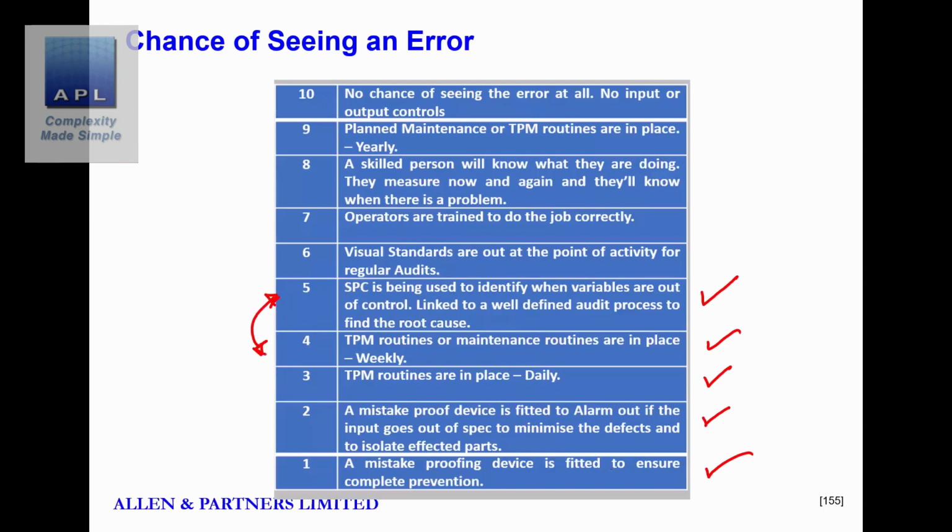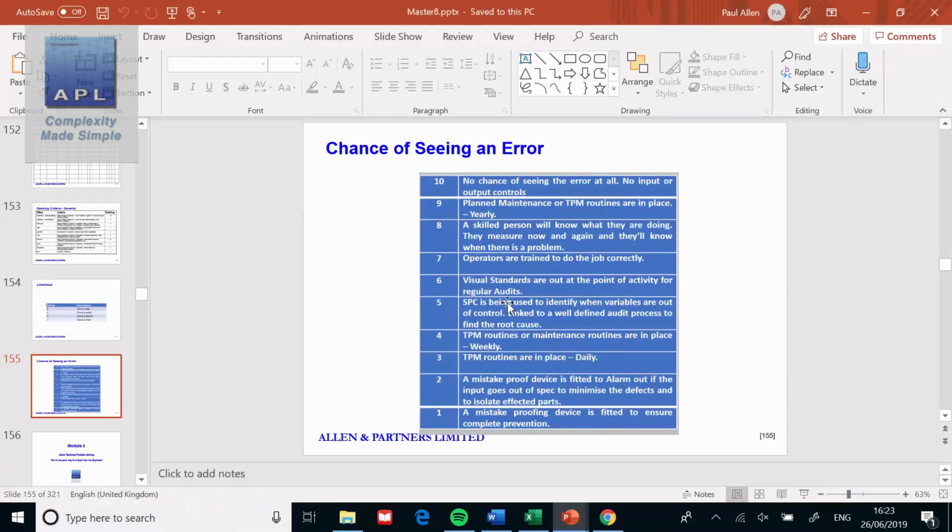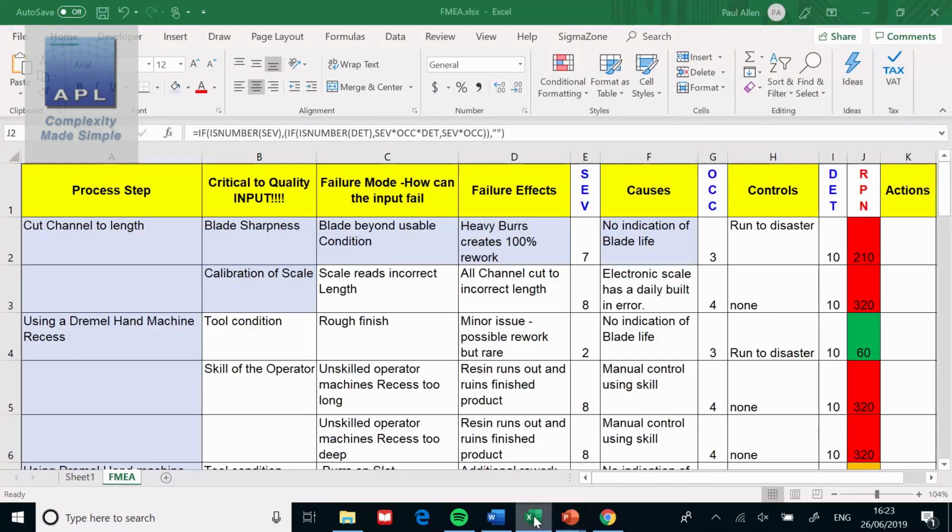But you can see that these are clear and unambiguous scores. If you have SPC in place to control the problem, you straight away just give it a 5. There is no argument. So in my case, I've given it a 10 because there was no controls. So the whole thing now, we've gone all the way across, and that's telling me to do something. So I've got to put a control in place to control the sharpness of the blade. So action would have been taken to redesign that process.